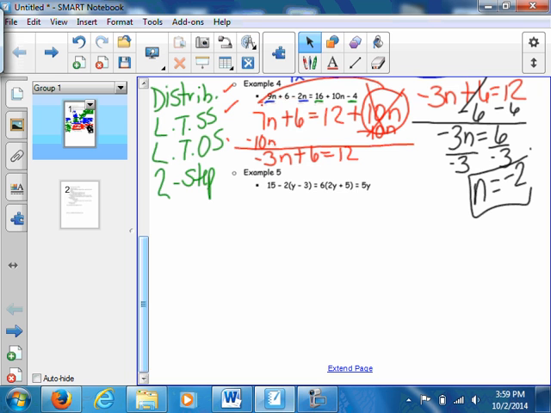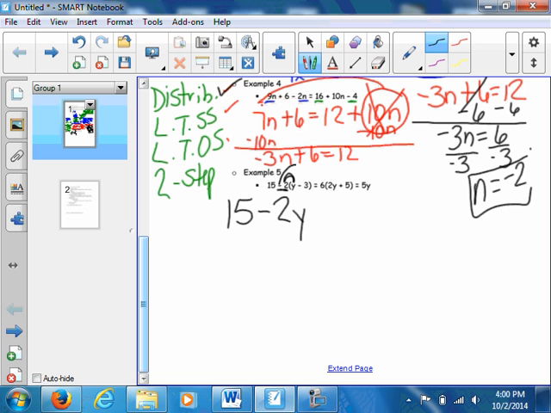Lastly, I have example 5. I need to look through and follow the steps again. Distribute first. I have some things to distribute. Remember, that means multiply. So when I get ready to rewrite it, it is 15. My distributor, remember the sign in front goes with it, is negative 2. Negative 2 times y. Negative 2y. Negative 2 times negative 3. Positive 6. Equals 6 times 2, 12y. 6 times 5,